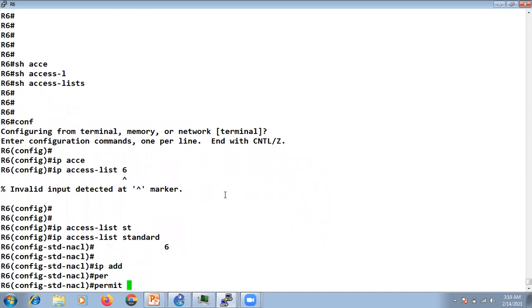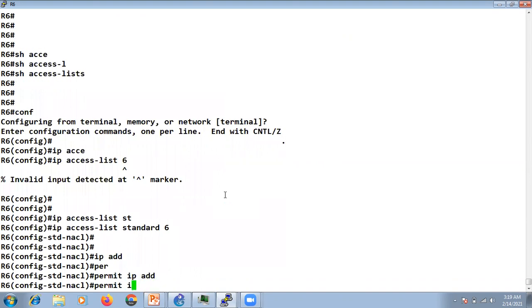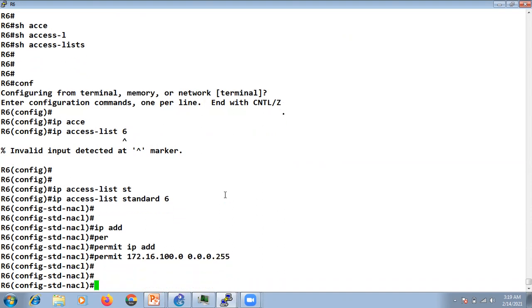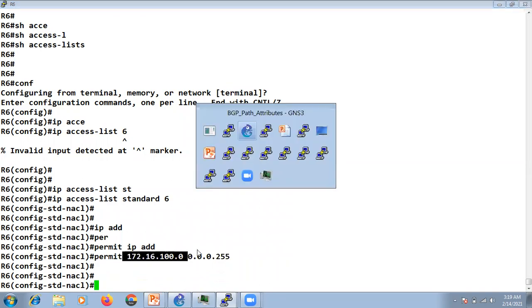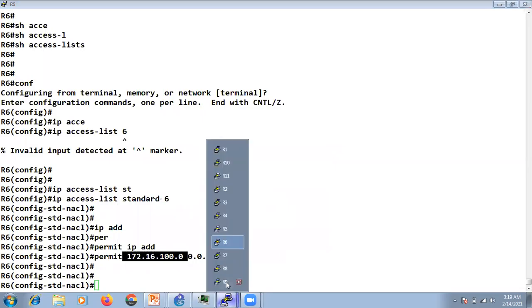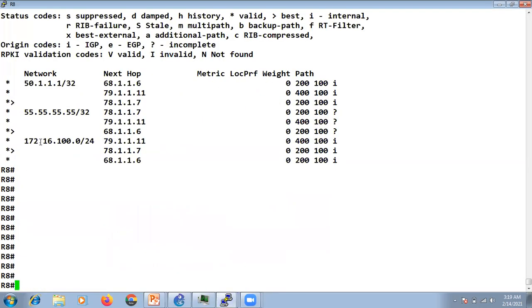IP permit 172.16.100.0. I created one ACL, right? And I permitted this particular subnet that we are sending to R8, right? This subnet. So we'll try to see the MED with this subnet, okay?